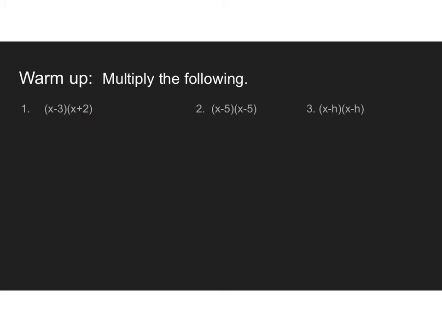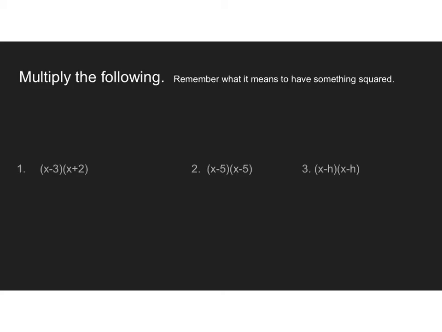Let's do a second part of the warm-up. Again, this is going to be relevant today. Please take a second, pause this video, and multiply these together, making sure you account for all signs and simplifying. After you've completed, please replay the video and move on to the solutions page. So when combining like terms, we want to make sure we're multiplying all 4 parts together. So we want to do first, outer, inner, last,